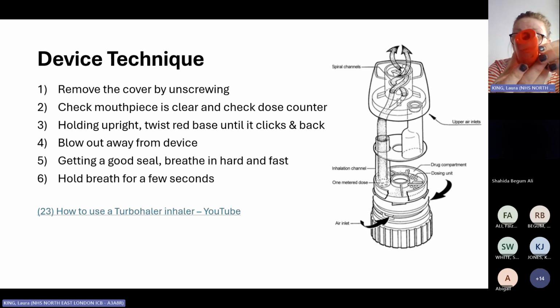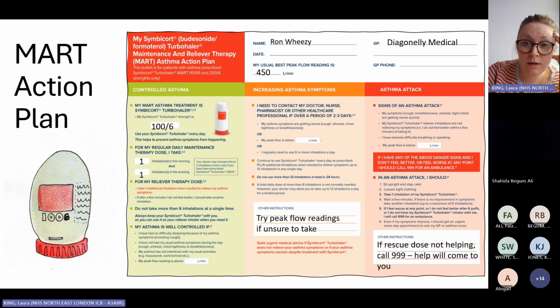There are some training devices that are really good. They're called training whistles. They're single patient use, and they'll make a sound if you have an optimal inspiration. So it's quite loud. I like to remind them that they won't make that noise in real life because that would be really embarrassing. The video underneath I've also popped in the chat at the top because I'm sure most of you will be familiar with the device and how to do it, but it's just coaching that young person to use it well. If your practice has an In-Check device, you can use that as well, but there's nothing like using a real one to demonstrate.